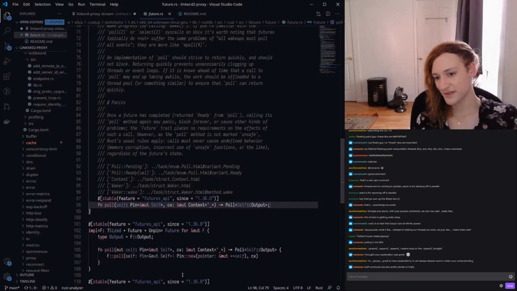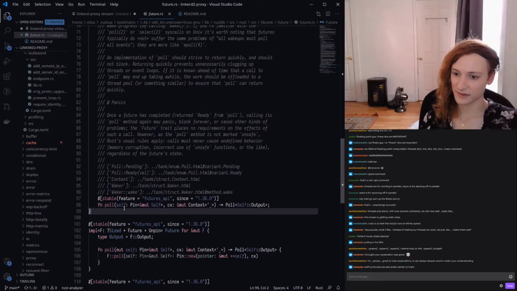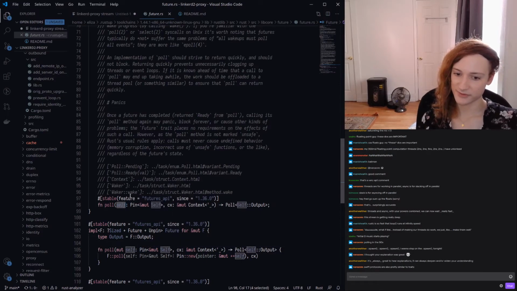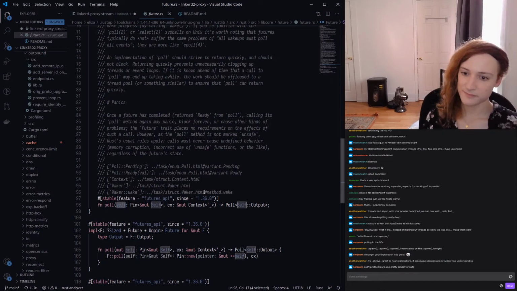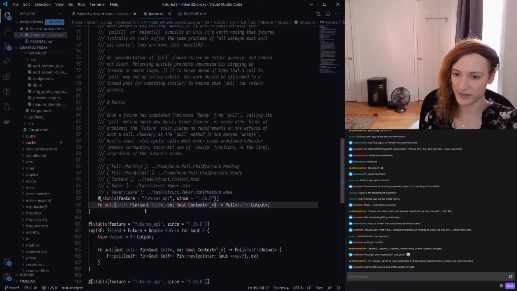And you know that this is a method because it takes a self parameter, right? So it takes this self here. Some languages spell it this. Rust spells it self. Python also. And in Rust, here we see that this self is a thing of type Pin<&mut Self>, which we don't care about. Ignore that.